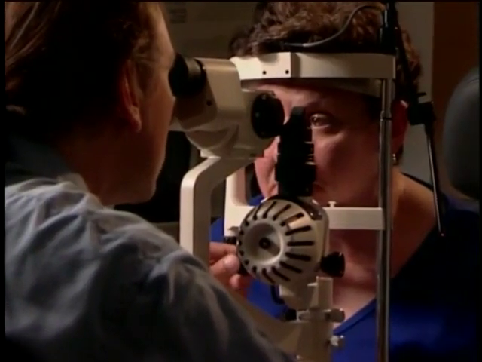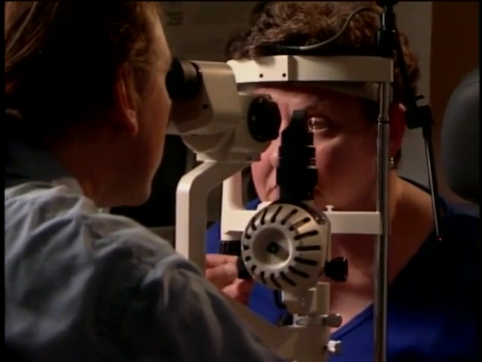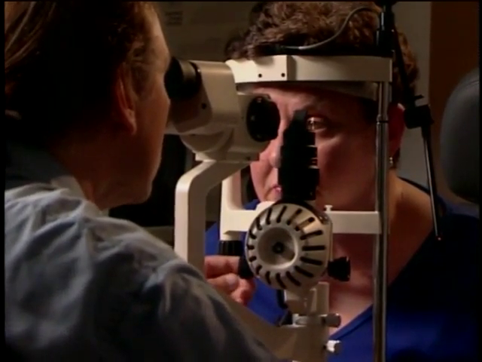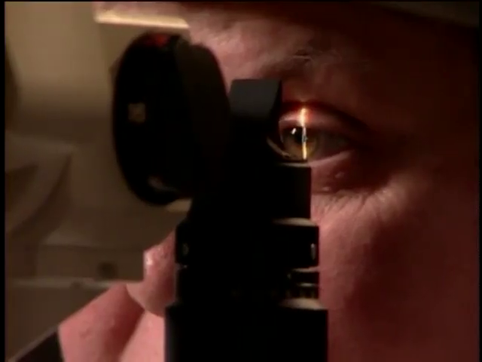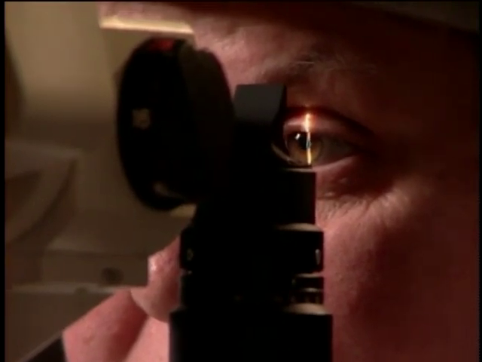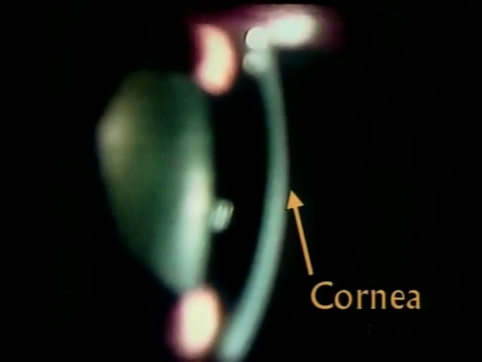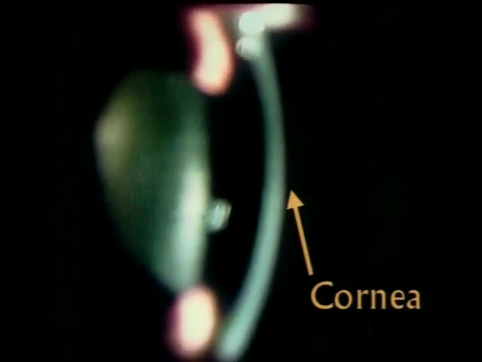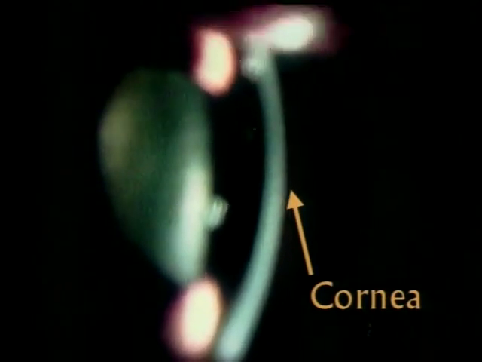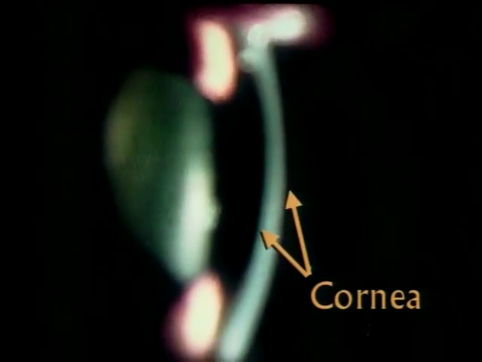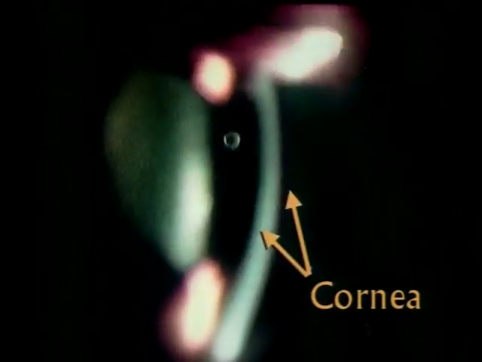So the first things that we'll look at are the optical components of the eye. In the front we have the cornea, which is the clear window where all the light comes in. It actually changes the direction of the light, and it is the strongest of the optical components within the eye. And on the right-hand side of the image, we see the right part of the curved slit, and that represents the front surface of the cornea. Just to the left of that is the back surface of the cornea, and that's represented by that second curvature.